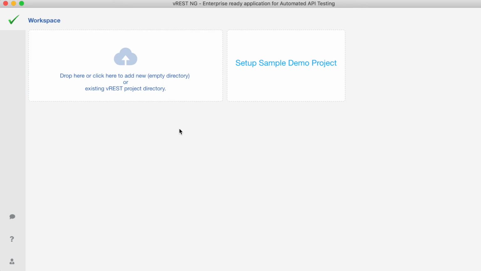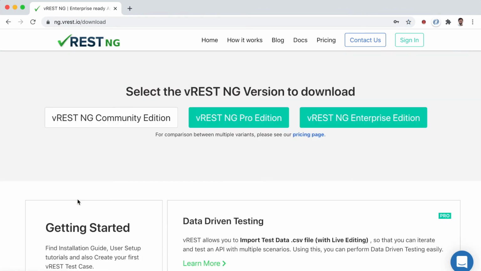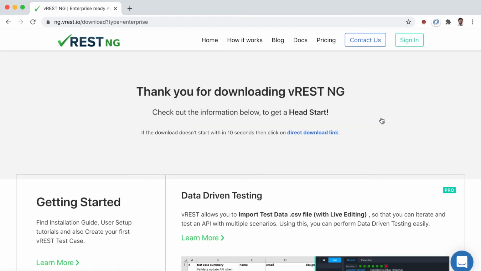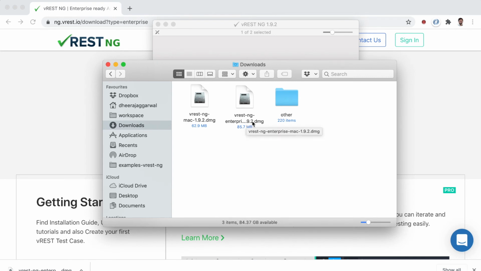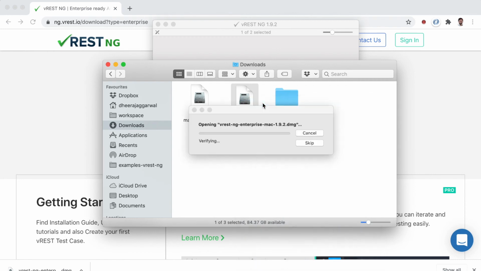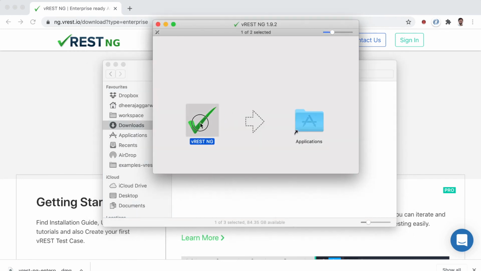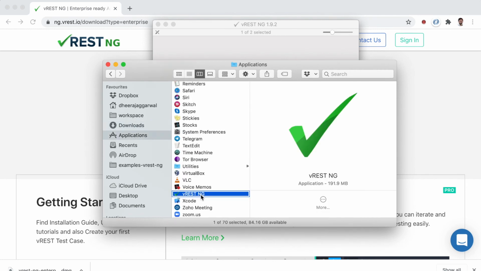Now suppose you want to use the enterprise version, then you may download the enterprise version from our download page and select the enterprise edition over here. It will download the enterprise binary for the VREST NG application. Similarly, we will follow the same process as we have done for pro or community edition. So we will just open the enterprise binary and we will drag the VREST NG application to the applications folder. And now we can open the application from the applications, then VREST NG application, and click on open